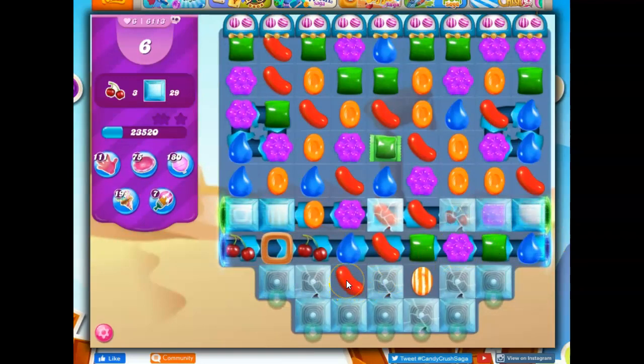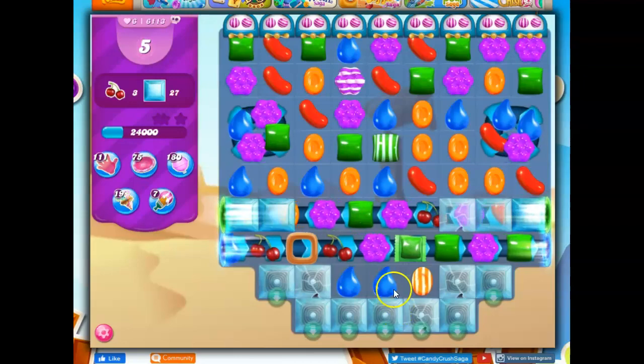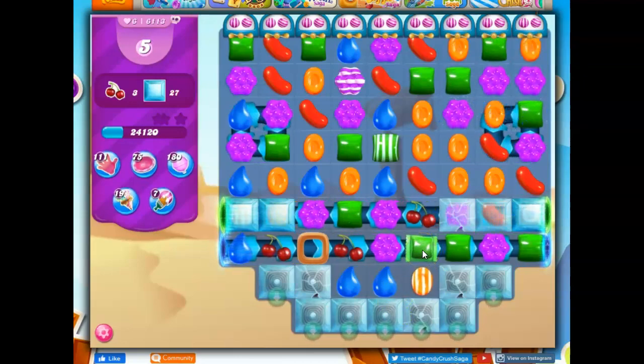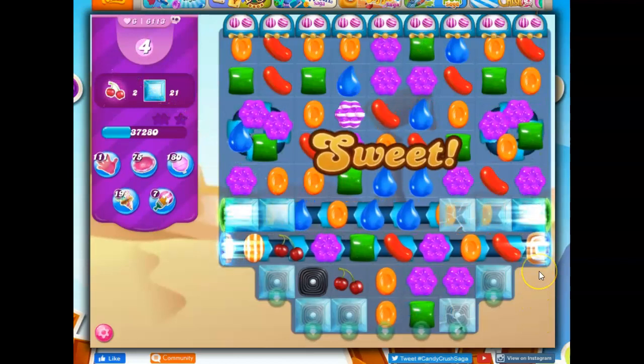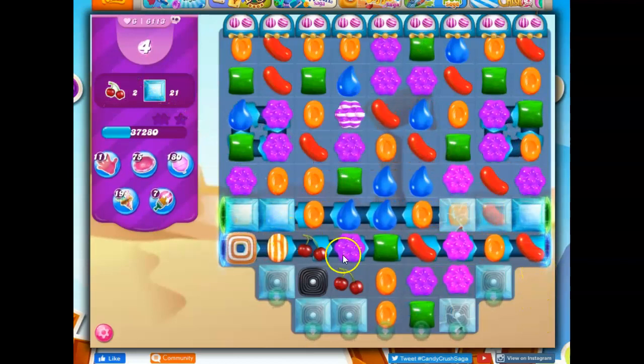And look at this. Now I can move this licorice out of the way. Stripe wrapped combo. It doesn't work well through the licorice, unfortunately. But it does open up the board, and now I've noticed because I've got this conveyor belt, I have to be a bit careful about being able to collect these